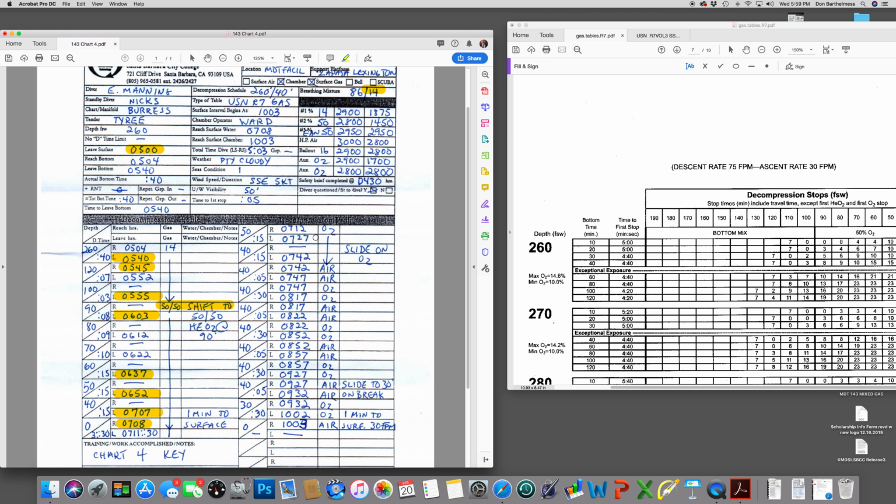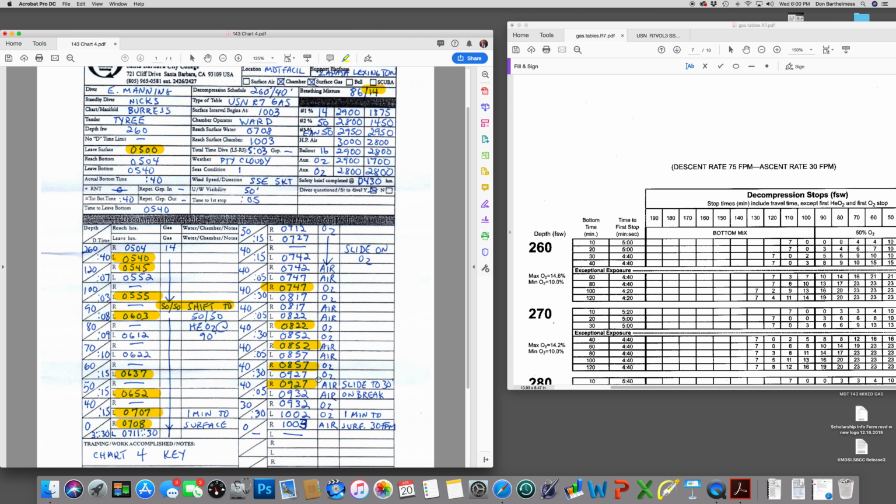Continuing on with the clock, breathing oxygen at 40 feet, taking an air break at 7:42. Going back on oxygen at 7:47. There's your second period. Take an air break, 8:17. Back on oxygen, 8:22 for your third period. Take an air break at 8:52. Go back on oxygen at 8:57. And then you'll stop and take your air break at 9:27, and then you have your